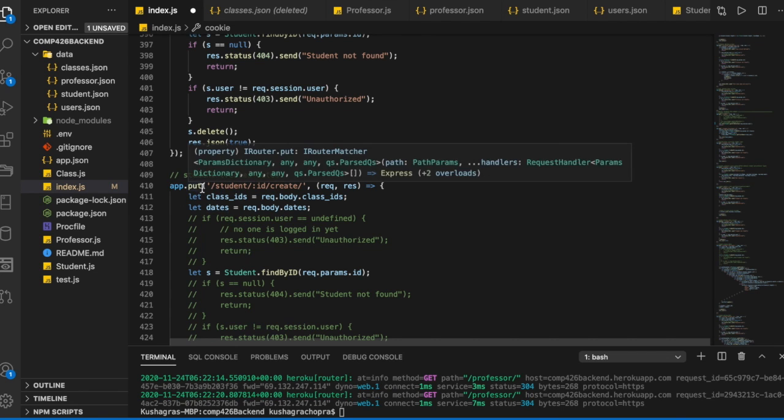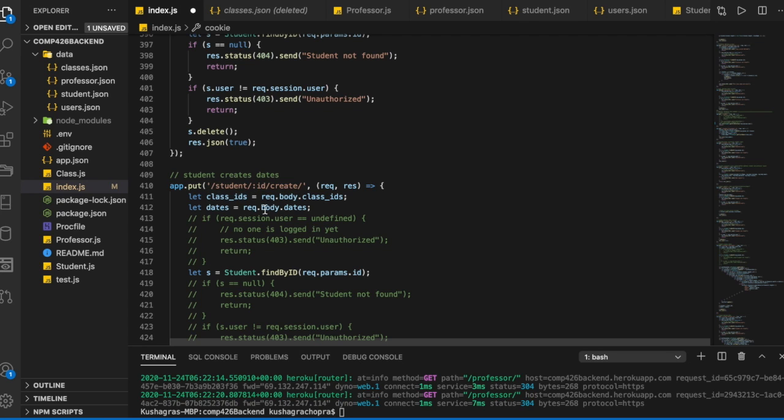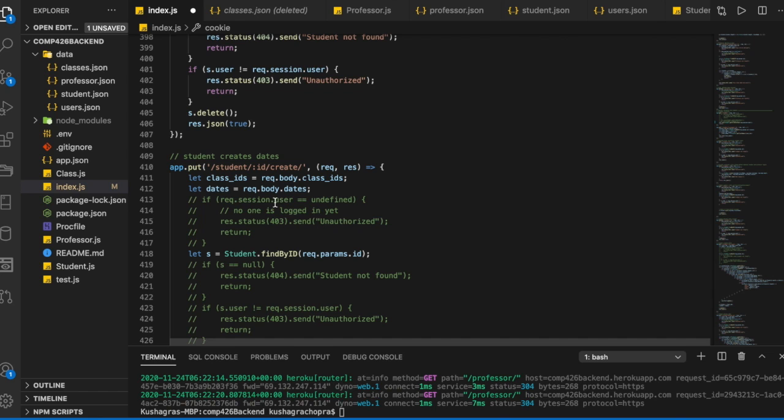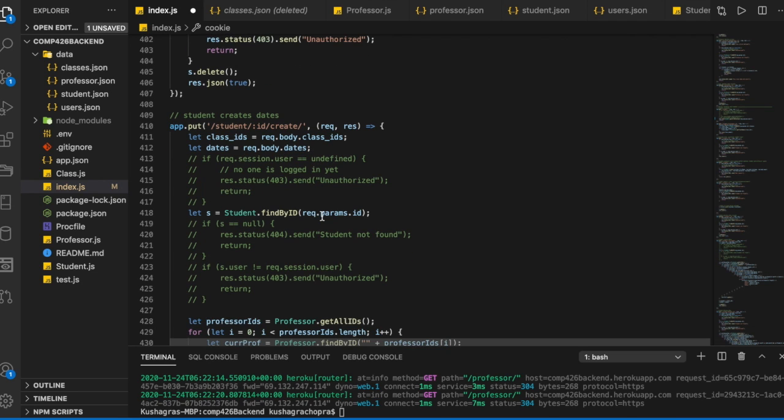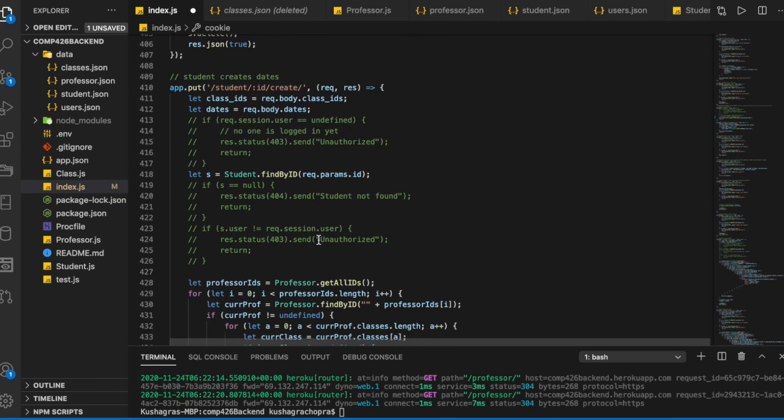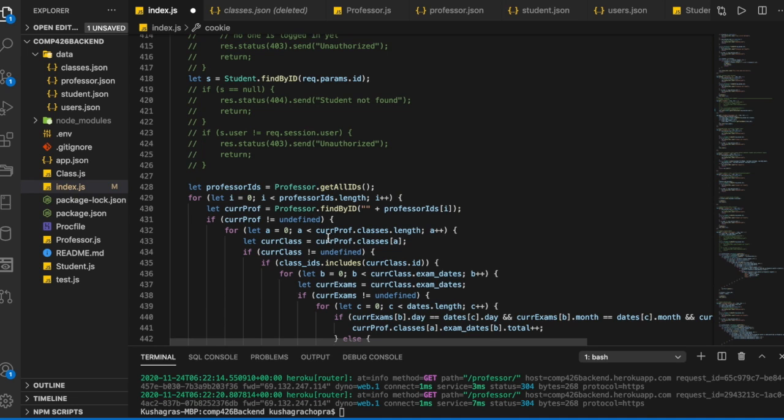Okay, then this method, so post /student/ID/create. This method is for when a student adds in a new date. So you pass the ID of the actual student here, and in the request body, you pass in an array of class IDs and an array of dates. And then you go out, you find the student, and